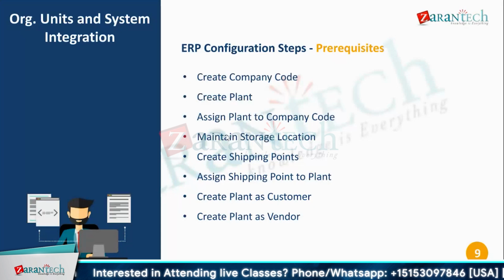As I mentioned, these are things that are generally not done by EWM consultants. This will be done by the consultants responsible for their respective modules. So company code is generally done by FICO, and plant can be done by FICO again, or it can be done by MM. Then the assignment of the plant to company code is again not done by EWM, maintenance of storage location again MM, creation of shipping points, assignment of shipping points to plant, creation of plant as customer, and creation of plant